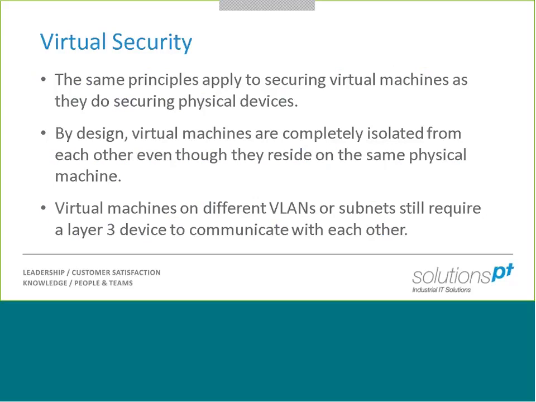With that in mind, the virtual machines themselves are completely isolated from each other, even though they reside on the same physical machine. If we're talking about two different virtual machines on one physical piece of hardware, you have to treat them as completely isolated. There is no known vulnerability in VMware, at least to my knowledge, of any potential exploit for those two to be able to see each other. For intents and purposes, if you were to remote desktop onto a virtual machine, you would have no idea it was virtual or physical unless, obviously, you had prior knowledge. So a virtual machine cannot talk to another virtual machine that happens to be on the same physical piece of hardware unless you've created a way for it to talk to it.